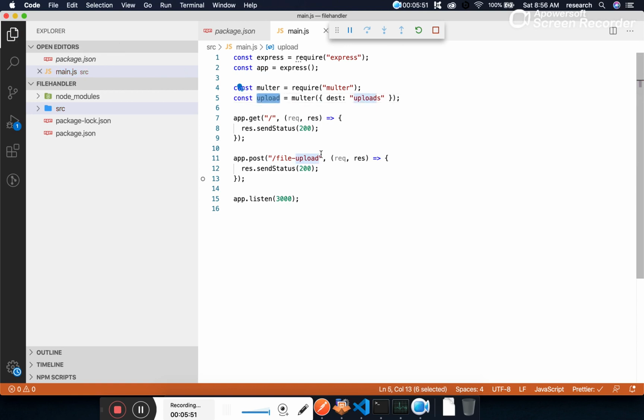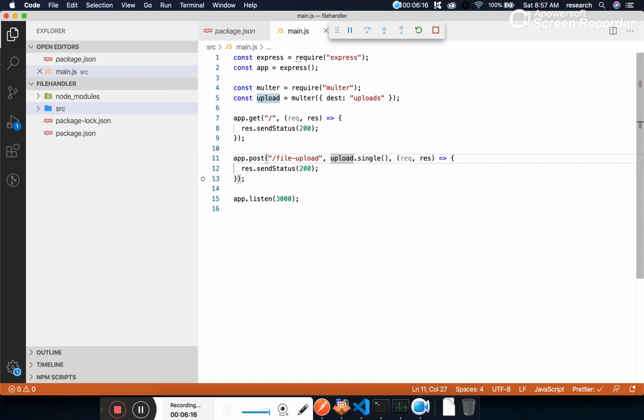We have to add the multer module just before our API gets called. That is, whenever this API is called, right now these arrow functions or callback functions get executed. Now, before the callback, we will write here upload dot single.